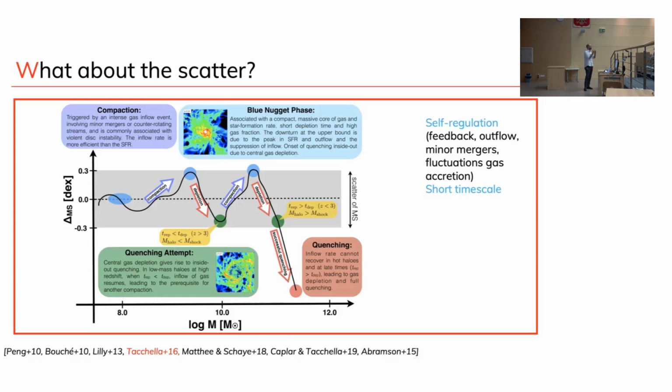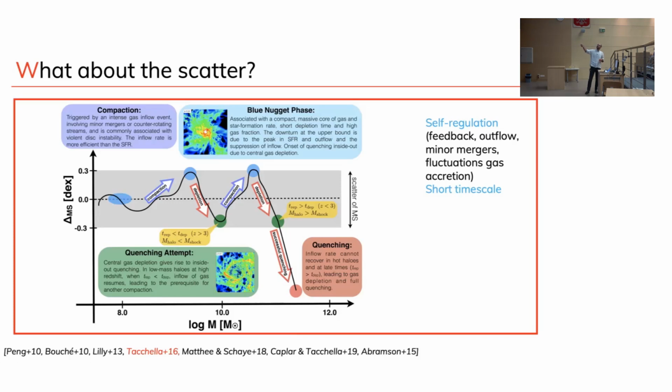It could be like a minor accretion event, or maybe some lump of gas, which is a little bit more massive. Then you start triggering this bundling of gas that we heard about this morning, underneath towards the center. So the outcome that you expect is that the galaxy shrinks. It gets smaller. Most of the gas is funneled towards the center, it gets rich. And then you trigger a burst, which follows the fact that you put a lot of gas and you compress it in small regions, with higher efficiencies.